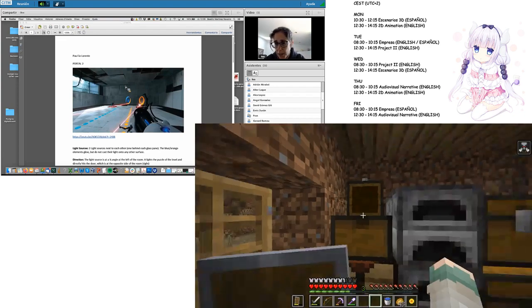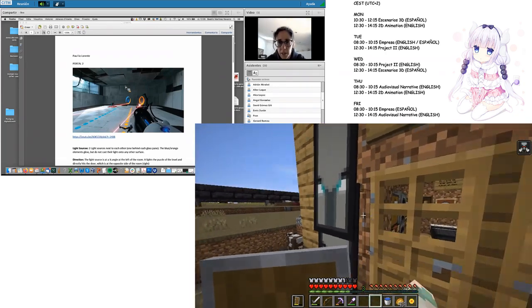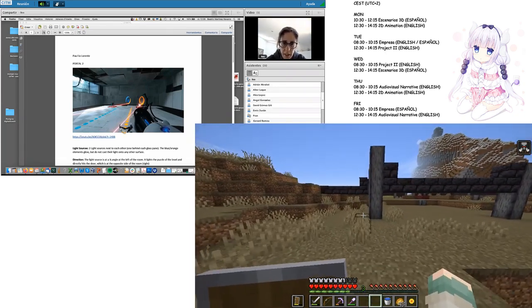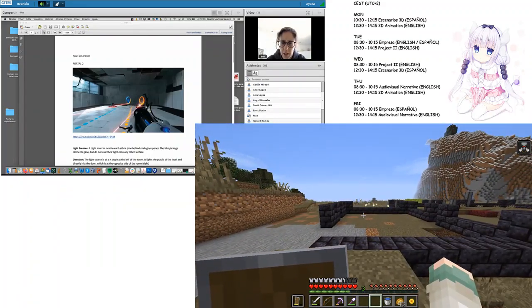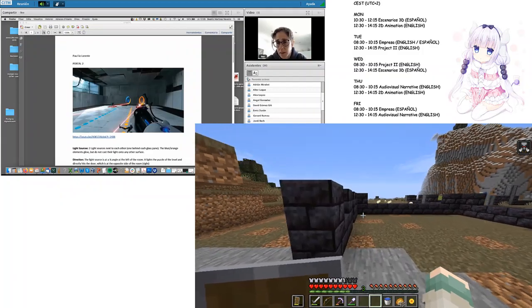Here, I think that the lasers, these red lasers and these round light sources, they are effect light